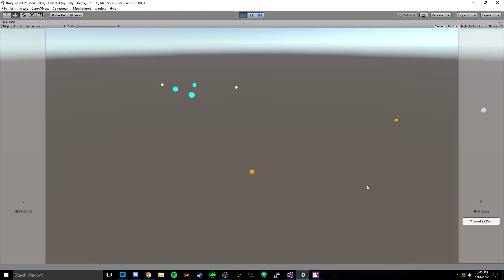So next, I am going to try and figure out a way to get some kind of an indicator on all of these guys based on the one that you're currently in, as well as the star that you've currently selected. I'm not sure if I'm going to work on the hover. That would be really nice to have, but I'm not sure if that's in the cards right now. But I do want to be able to indicate which system you're currently in and which system you've currently selected. So